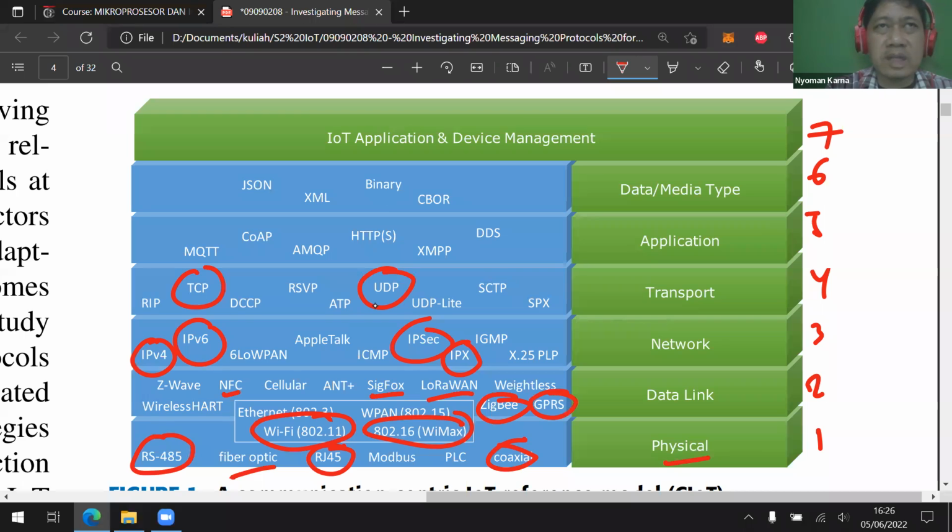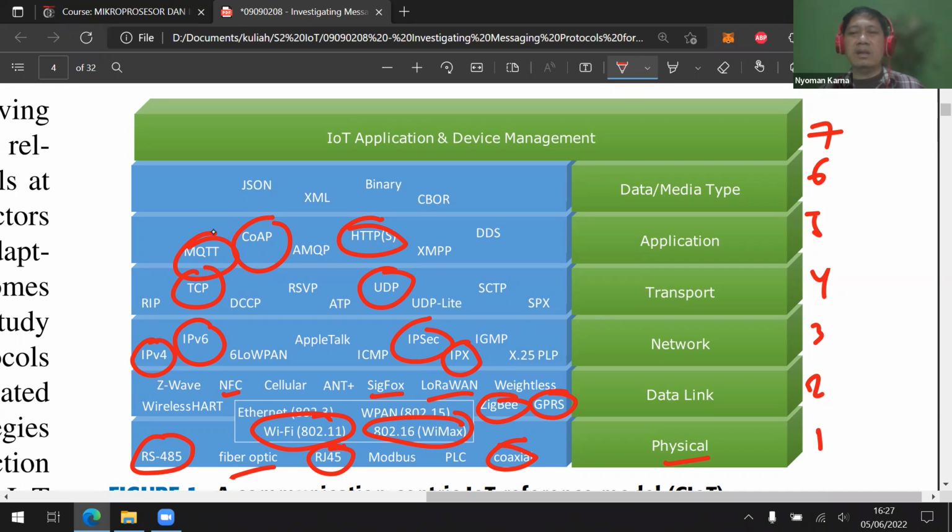This is not like the 7OC layer because in the 7OC layer we have the presentation layer and session layer, but in here it's mostly similar to the TCP/IP layer because after the transport we have the application, and in this application we can use either HTTP, MQTT, and COAP. These are the three mostly used application protocols. We can use HTTP, or maybe the secure channel using TLS, or you can use MQTT or COAP.